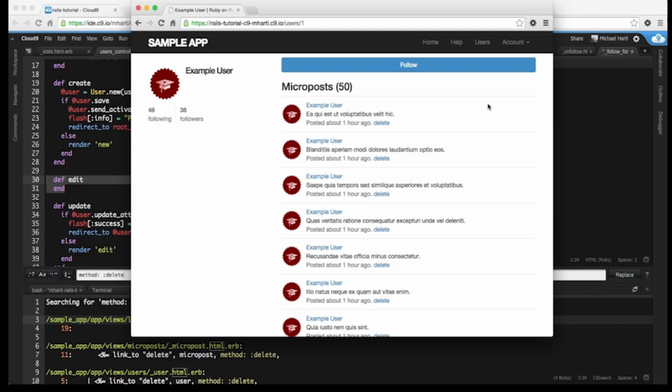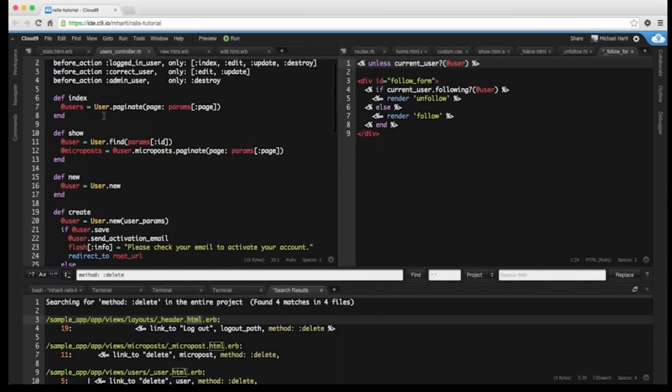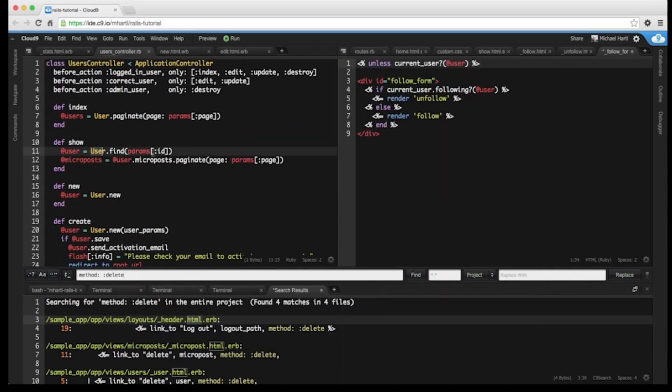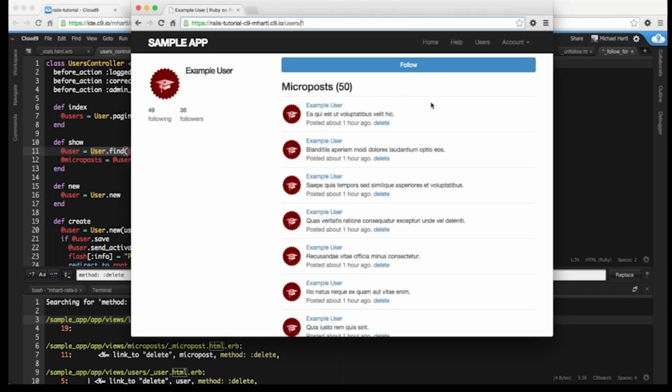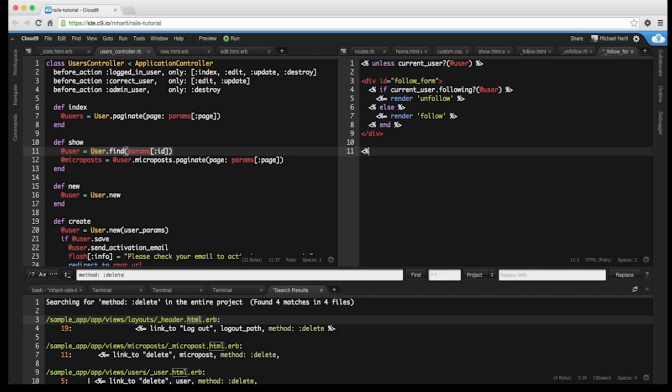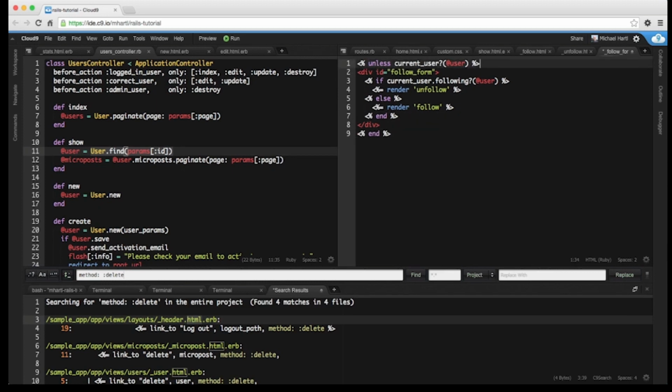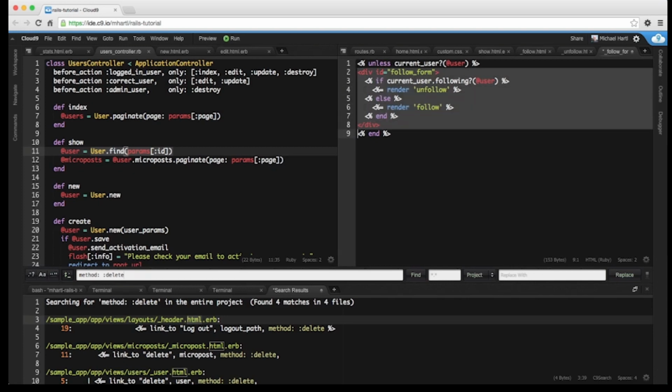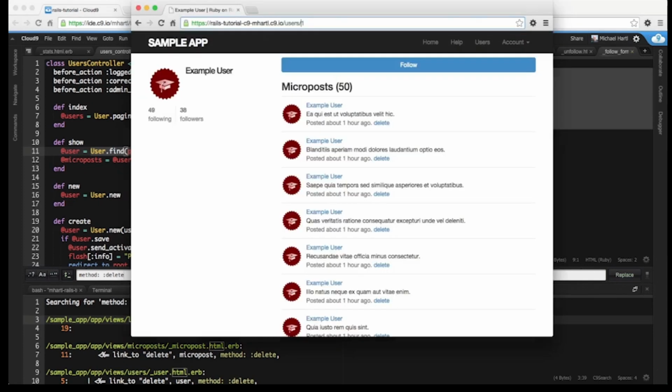So what happened here is the current user is the same as user 1. This is what gives rise to @user. This is in here. User.find(params[:id]), which is 1 in this case, but that's also the current user, so we should say unless current_user?(@user), using our current user boolean, then render the follow form. Save that,